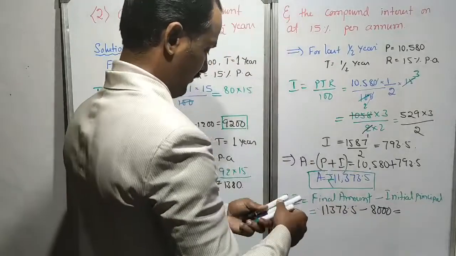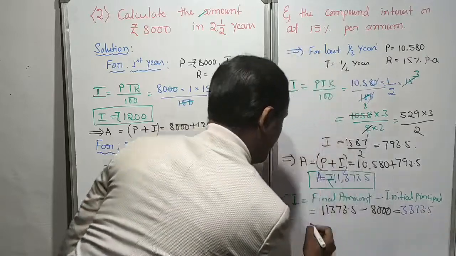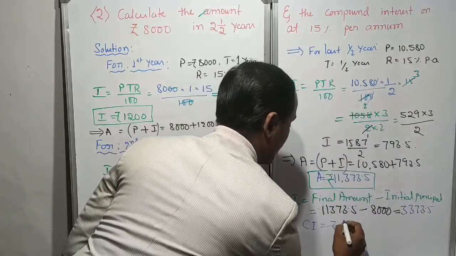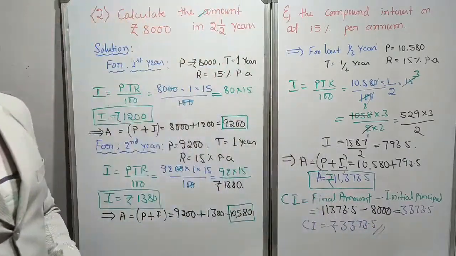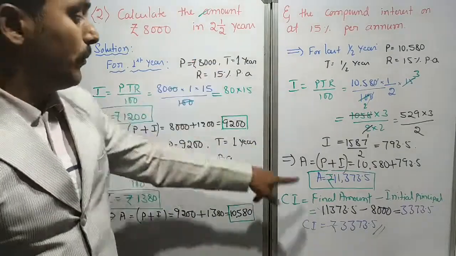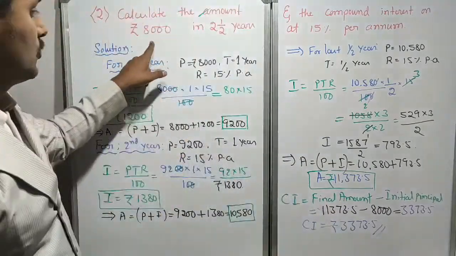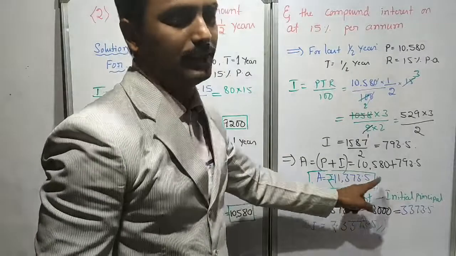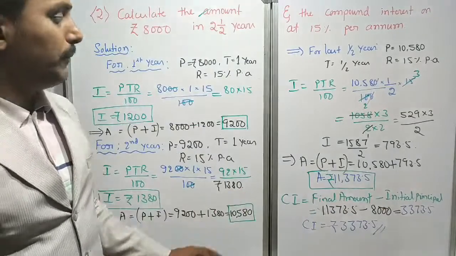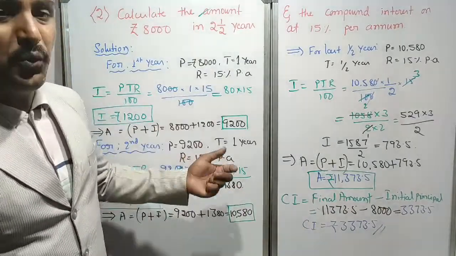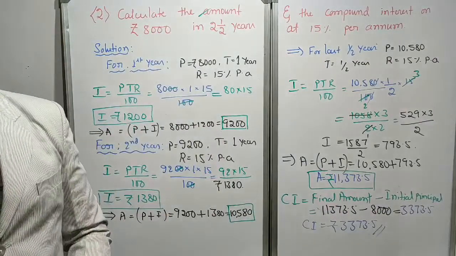3,000. I write here. 3,373.5 rupees is the compound interest. 3,373.5 is the required answer. How much I am paying for 2.5 years compound interest is 3,373.5. 3,373.5 plus 8,000, I will get the final amount 11,373.5. If you want, you should subtract this one, you will get this one only. Understood? Easy, sir. Similar problems you should practice. If any confusion came, watch the video once again from the beginning, you will understand. Okay? Shall I continue with one more problem? Yes, children.